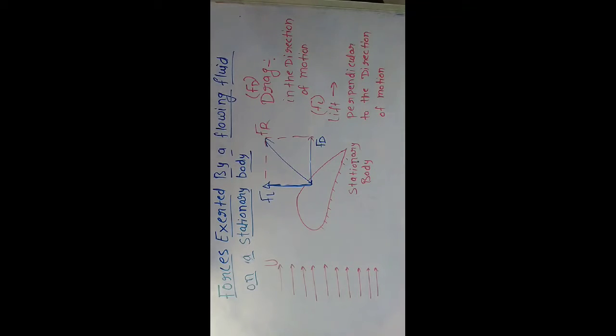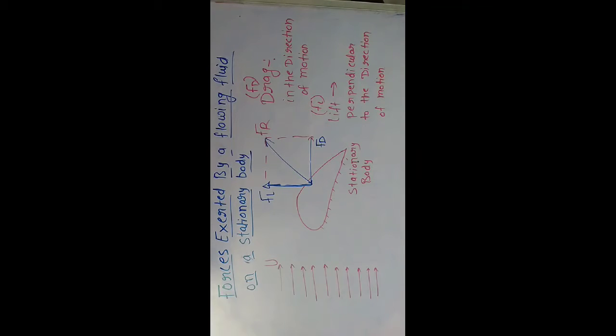Okay, so here the lift is the force exerted by fluid in the direction perpendicular to the direction of motion, and lift force occurs only when the axis of the body is inclined to the direction of fluid flow. Remember, lift force always occurs due to inclination of the body. If the body is parallel to the direction of motion, no lift force will exert here, only the drag force component will be there. So total force will be a drag force component if the body is parallel to the direction of motion, and if the axis of the body is parallel to the direction of fluid, lift force is 0, and in that case only drag force acts.